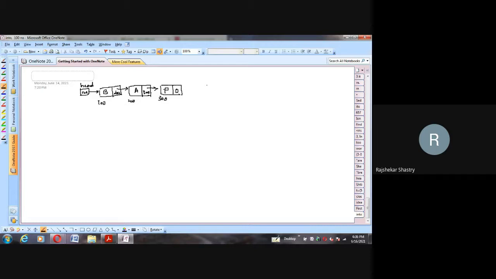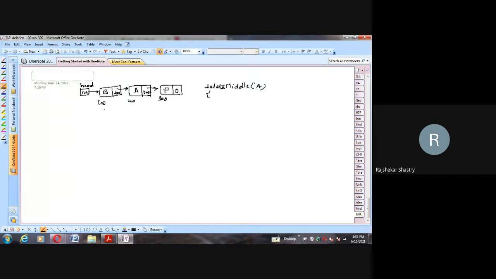Now I am interested in delete middle, which is my method, and I want to delete say A. So to delete A, we have to take a pointer until we reach the desired node. But I told you that in a single linked list we should not stand on the same node. Rather, we have to stand one node before. So by standing one node before, we have to verify whether the next node is A or not. If it is, then we can easily delete.